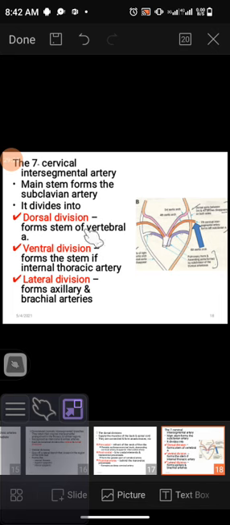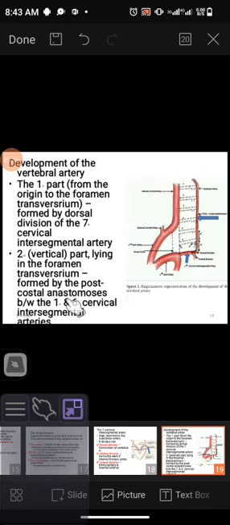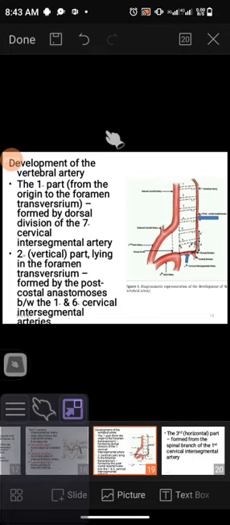It divides into dorsal division, ventral division, and lateral division. Dorsal means back, so it forms the main stem of the vertebral arteries. Ventral, in front, forms the main stem of the internal thoracic artery. Right, the seventh cervical artery. And the lateral forms the arterial supply to the axilla and the brachial arteries. So this is the development of the vertebral artery, the first part from the origin of the